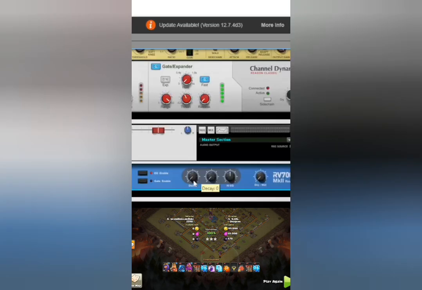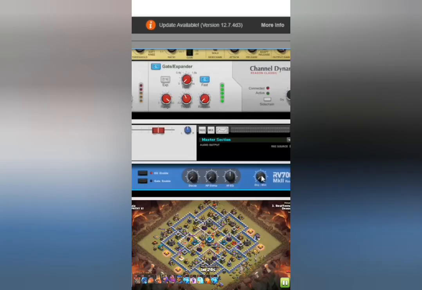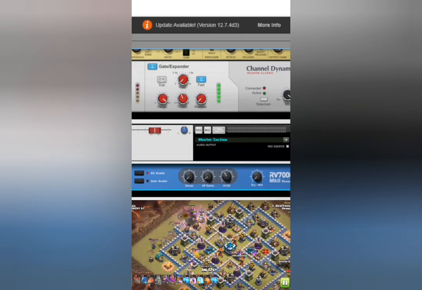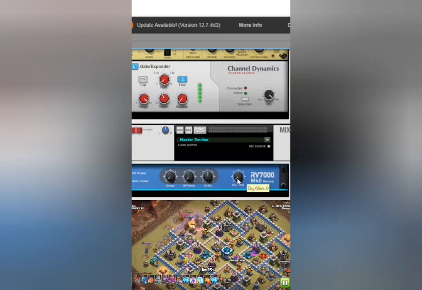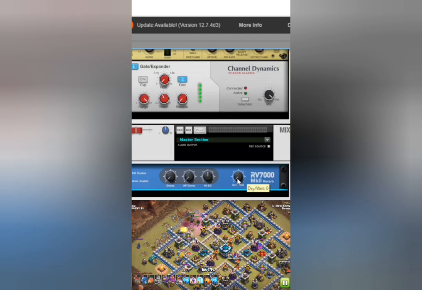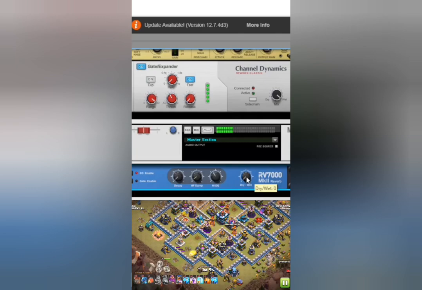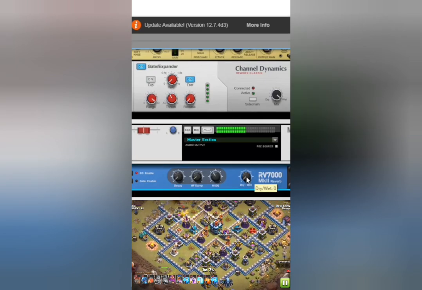The two main things we want to focus on are the dry wet mix and the decay. I'm switching the preset to a plate reverb just so we can hear the differences better. Let's start with the dry wet mix, since I think that's the most important. So when it comes to the dry wet, let's turn on the track. The more wet we make it,